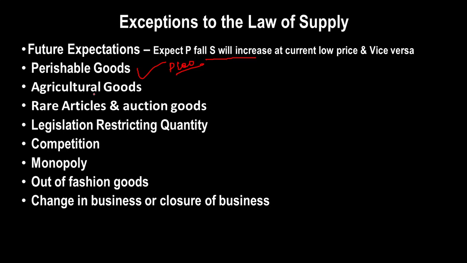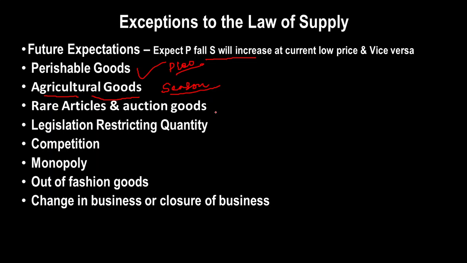Similarly, for agriculture goods, the production or supply varies with the season. If you have good harvesting, then the supply will increase, even if the price is low. Even if the price is high, and there is no good harvesting because of a low or bad monsoon, even then the supply cannot be increased. It's difficult. Then here also the law of supply will not operate. There will not be a direct relation, that at a low price higher supply is happening, but it should be low according to the law of supply.